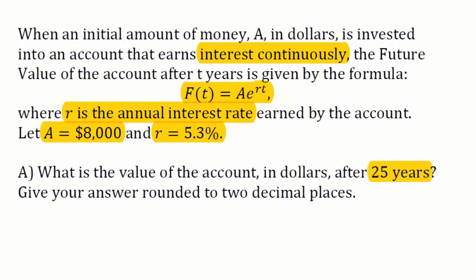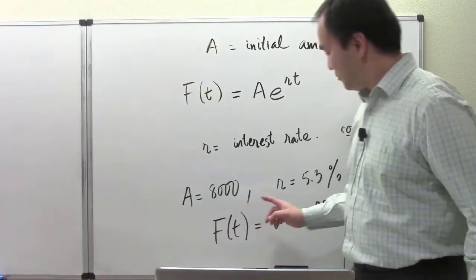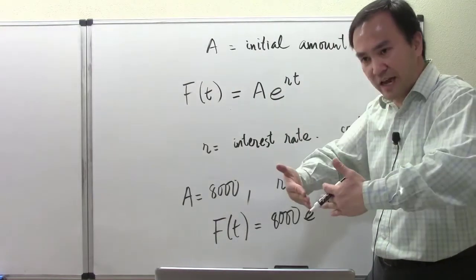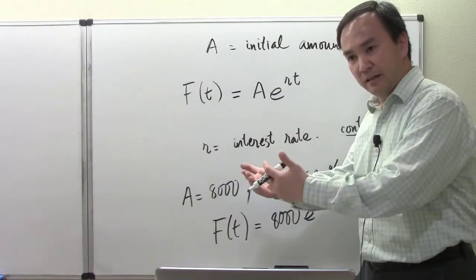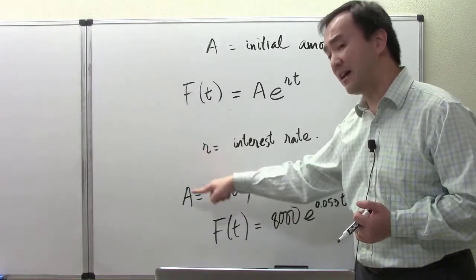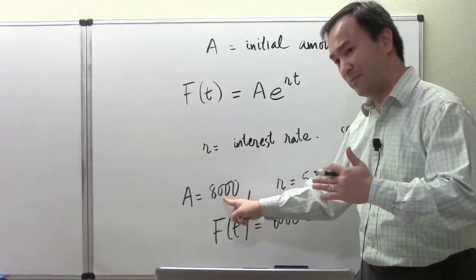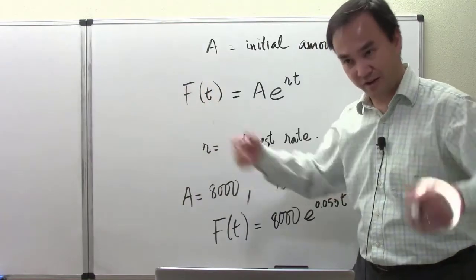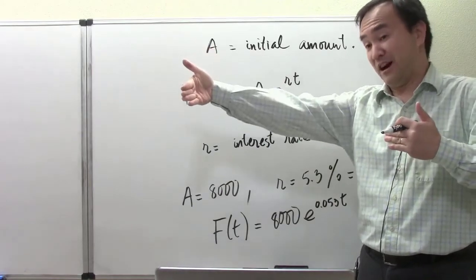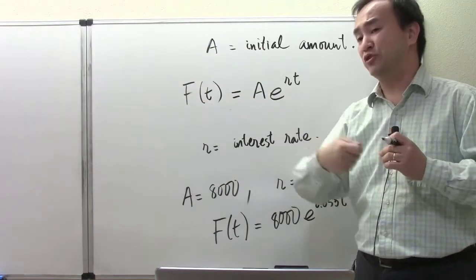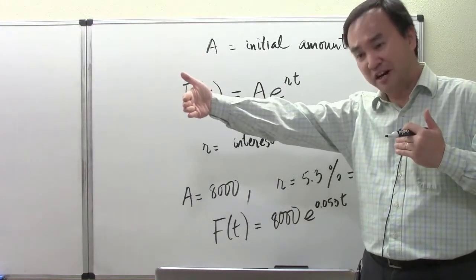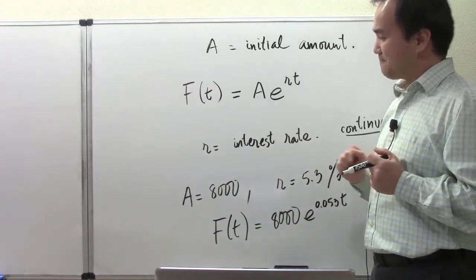Okay, after 25 years. So what it means now is that once we have found our function to model the future value, of course, at the instant you are here in the bank giving in your money for investment, you only have 8,000. But the question now is how much are you going to have in total, including the one you already put in? How much are you going to have in 25 years? Ideally, you lock it up for that long time without any withdrawal. Let's talk about a long-term saving plan, so that when you finish your term, that's when you take your money out. Okay, then in that way,